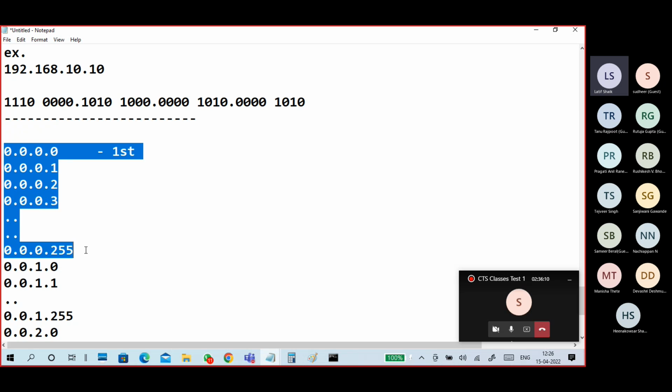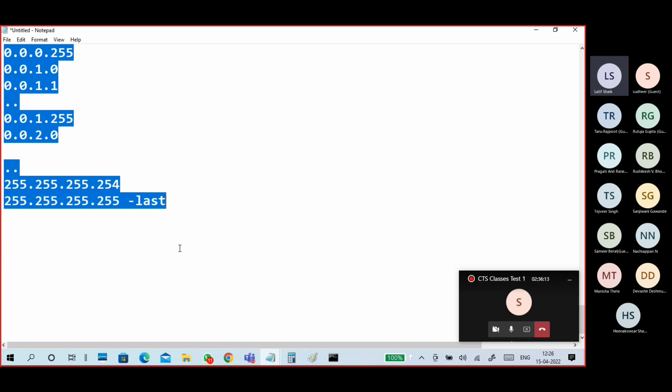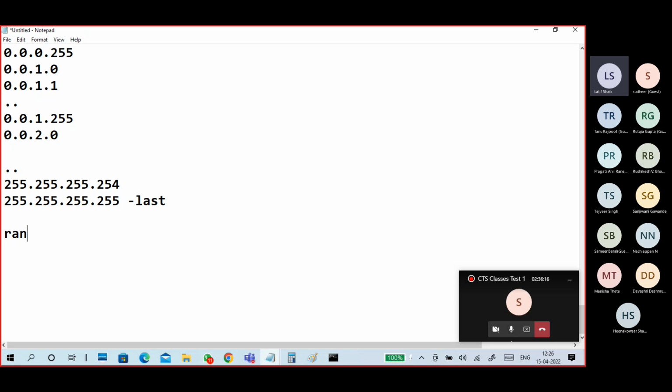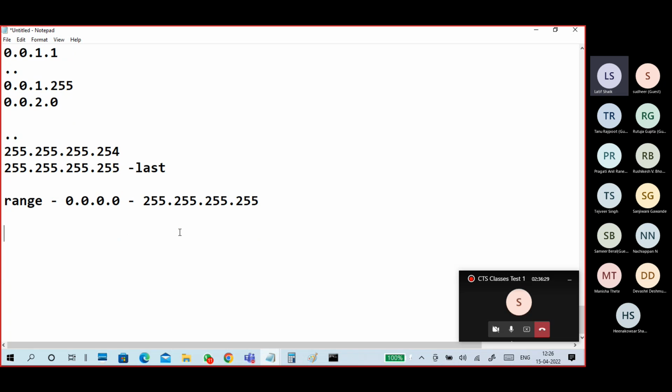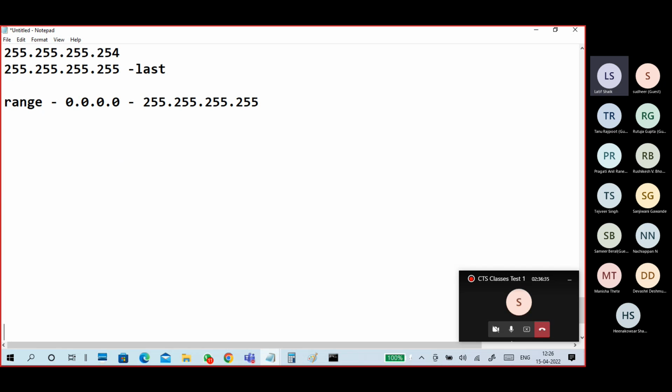So totally 4.3 billion IP addresses. So you have to remember the complete range is 0.0.0.0 to 255.255.255.255. This is the complete range of IP addresses. Got the point, guys? The IP address range, the total IP address range,